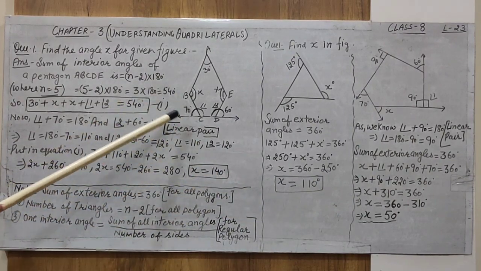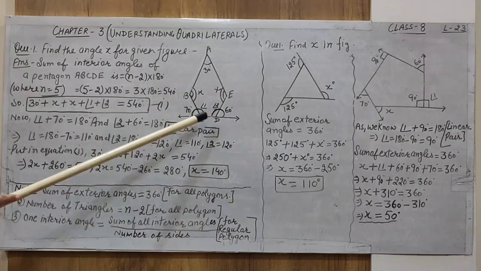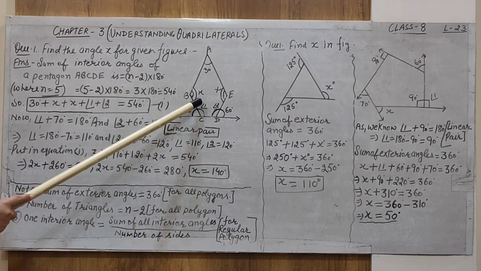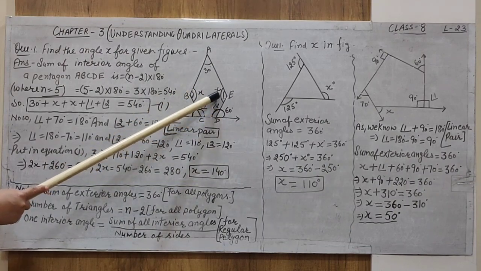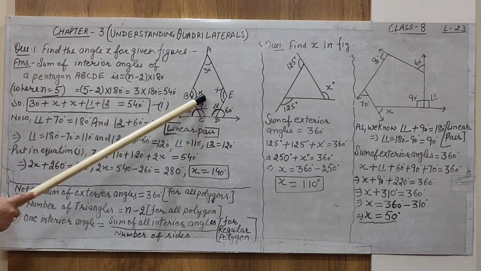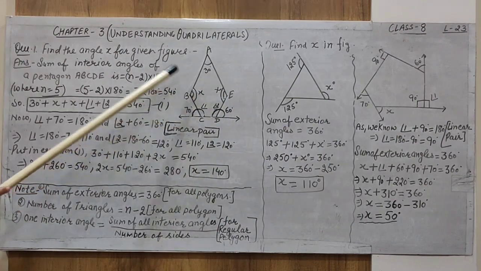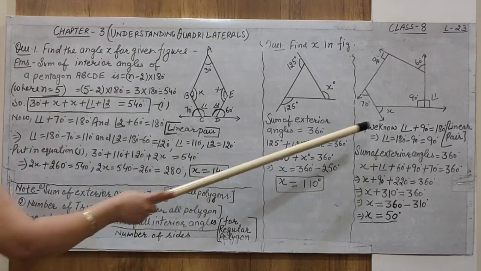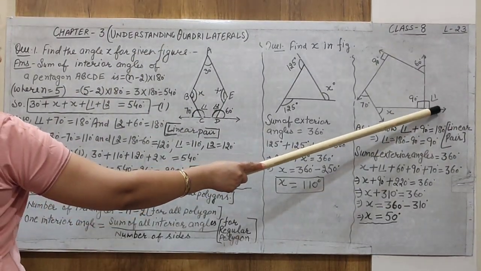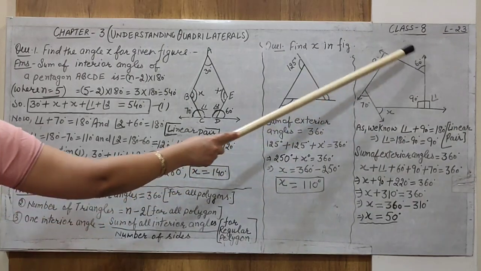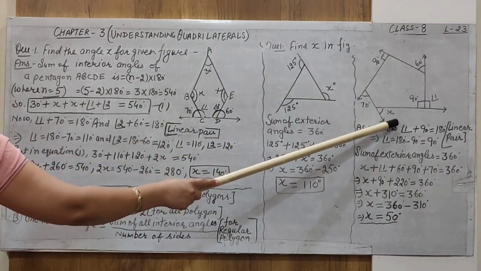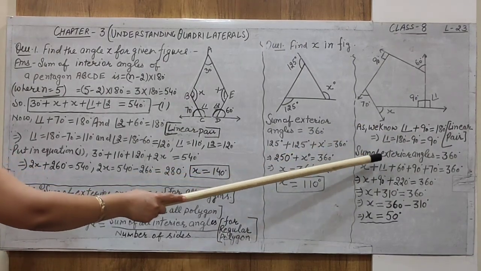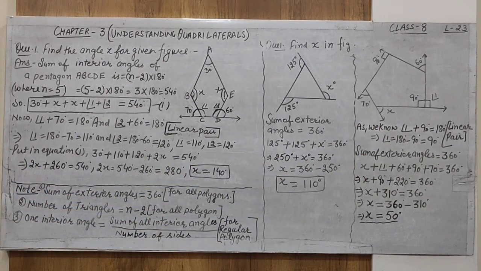But you understand, with the help of the diagram given, in that diagram 2 angles are in the exterior and others are in the interior. Basically the x which you find out is in the interior. That's why we are using the property sum of interior angles. But in this case, one exterior angle is not given and all others are exterior, and the value of x which we want to find out is in the exterior. That's why we are using the sum of exterior angles.